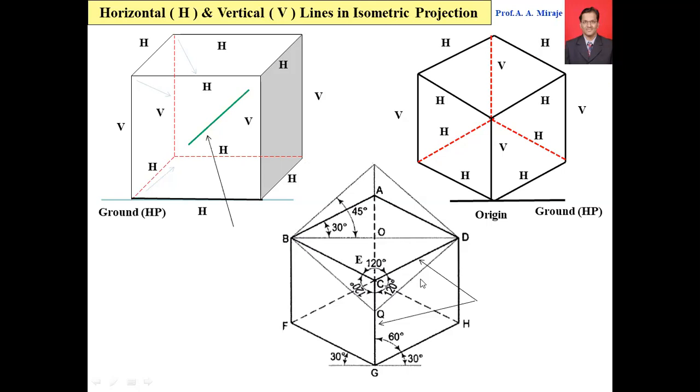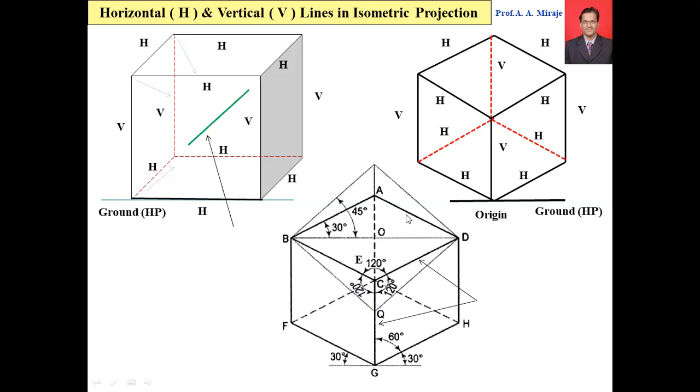So this is a very important thing which I'm going to explain. From C, if I draw the short line here, imagine the short line, the angle of this short line with the CD is 30. Why? Because the CD line is parallel to AB. So AB is making an angle with the horizontal, so CD is also making the same angle, that is 30. So from the C point, horizontal line, the angle of this CD is 30. This horizontal line and this vertical line make an angle of 90. So 90 plus 30 is nothing but 120. So the angle between CD and CG is 120. Similarly, this angle is 30, this is also 30, which is not shown here.